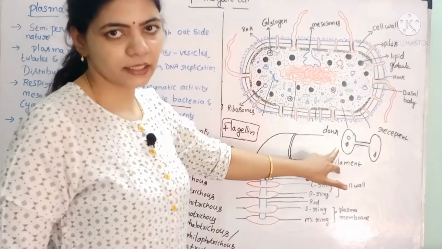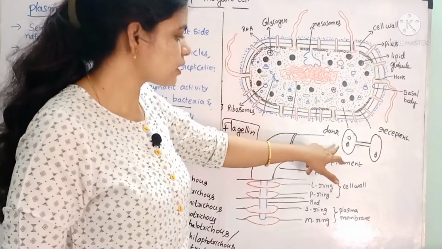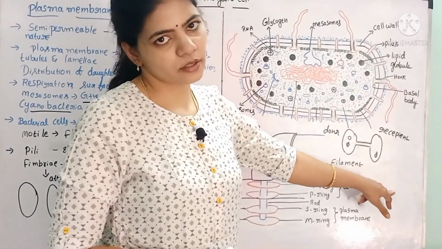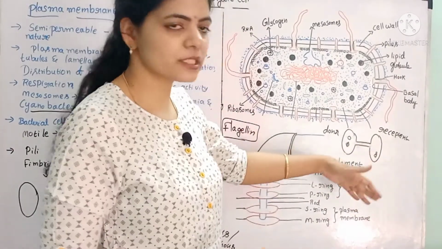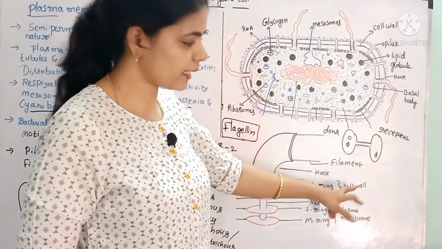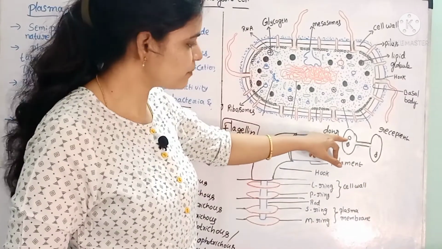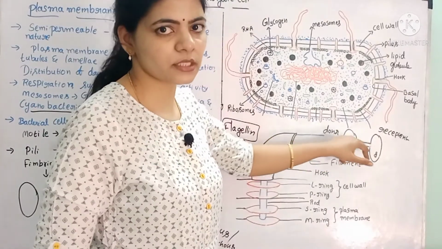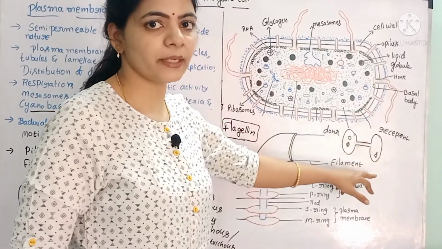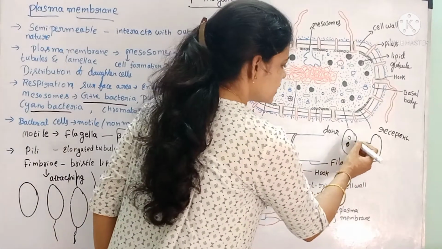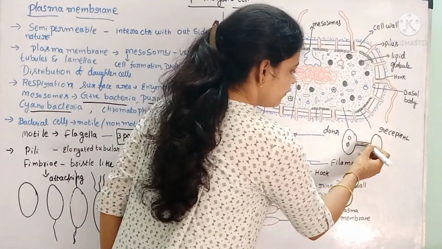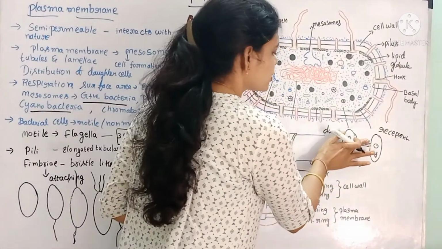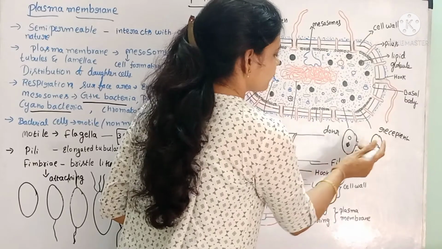Donor means the bacteria that contain plasmids, right? Those are called donors, and the bacteria lacking the plasmids, which receive the plasmid, are called recipient bacteria. A replica of the plasmid reaches the recipient by means of a tube. This is called the conjugation tube, which is formed by the pili. By means of this, the plasmid DNA reaches the recipient bacteria. After receiving, this conjugation tube will be cut off.